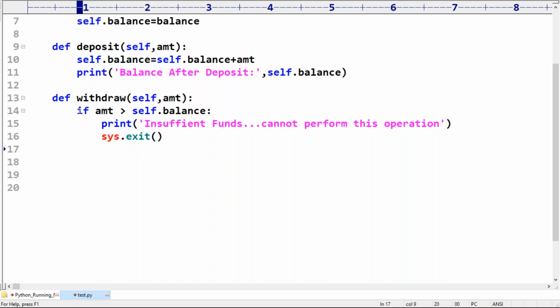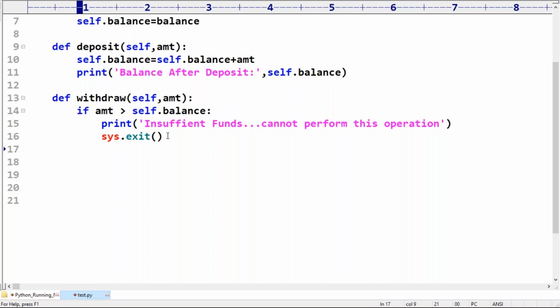If this condition fails, then only it will be executed. Right now you can directly write the logic. So if the control is coming to line number 17, it means at the top the condition failed and sys.exit was not executed.